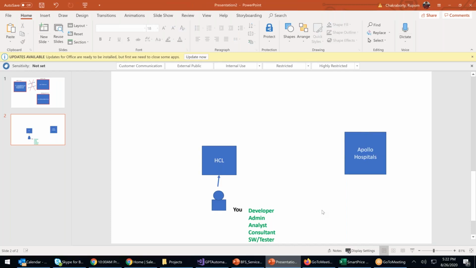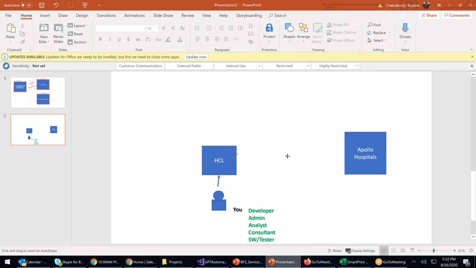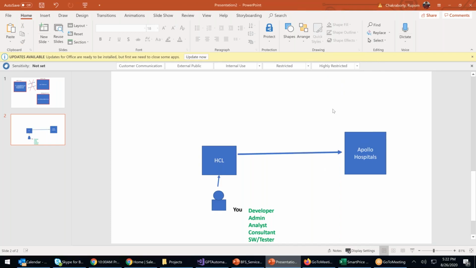Apollo Hospitals. Apollo Hospital wants a software. Who will be building it? You will be building it, right? You are assigned to this project. You are actually assigned to this project. Which project? The Apollo Hospital project. Whenever I use the word client going forward,